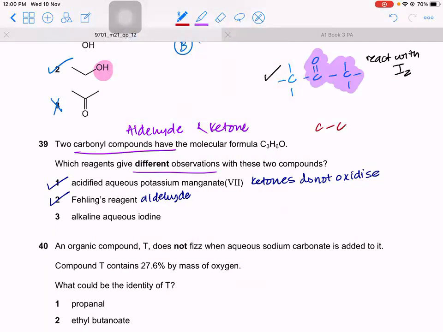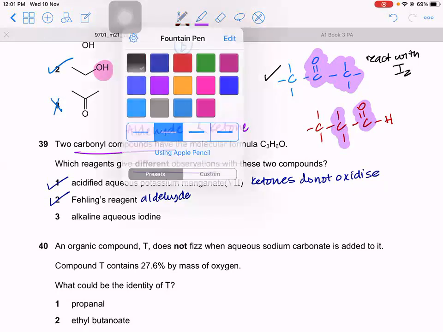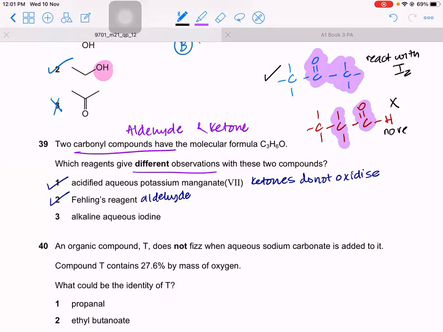Now you have a 3-carbon aldehyde. The only 3-carbon aldehyde possible is this, because aldehyde cannot be in the middle of the molecule. Can this react with iodine? No, the only aldehyde which can react with iodine is, I told you, ethanal. This is propanal. Do you have a CH3 next to it? No. You have a CH2. No reaction with iodine. So can you use this? Yes. Answer therefore is A. Clear?